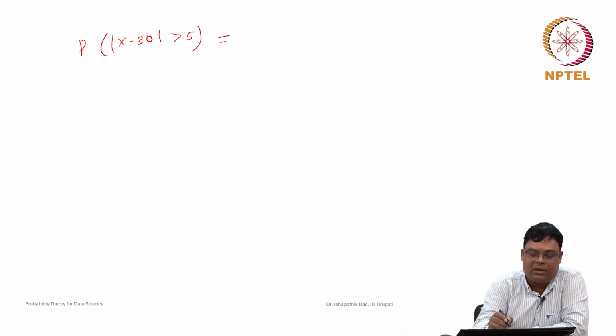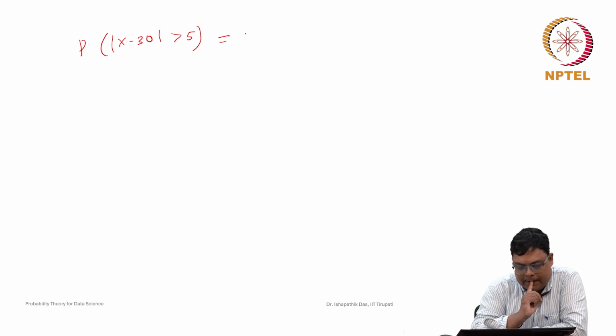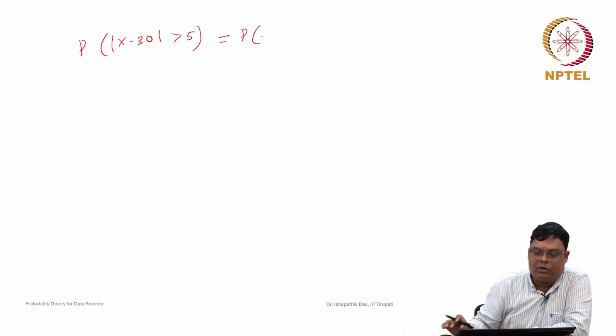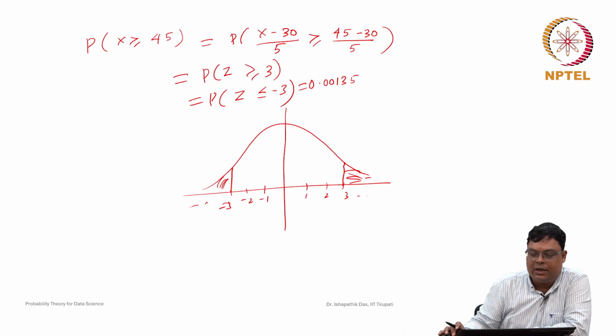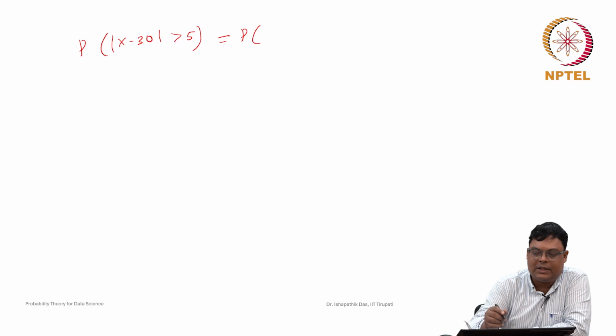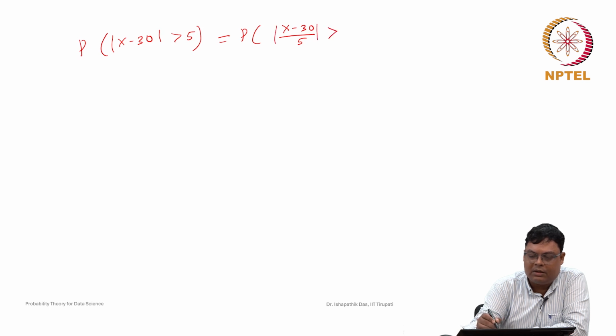So, how can we compute it? Basically it is a mod of this. If you divide by 5, what is the transformation here? z is x minus 30 by 5. So, if you take x minus 30 divided by 5 and take the mod of this, it is the same as dividing by 5 on both sides, so the right side becomes 1. Now, mod of x minus 30 by 5 is nothing but mod z greater than 1, where z is a normal